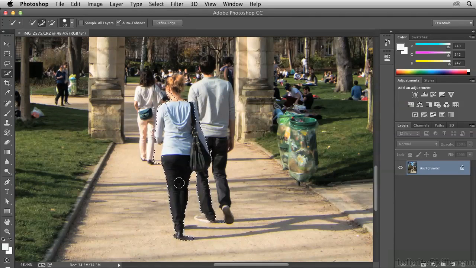It did a reasonable job down here on her legs because there is a lot of contrast between the color of her jeans and the path. But it did an inaccurate job over here because it went to the edge of this other person's leg. So what I need to do is zoom in even more